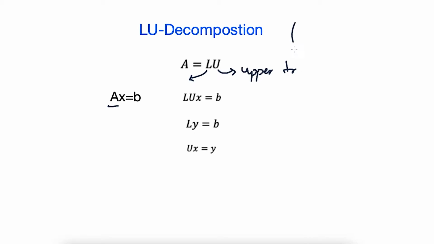So its form will be, for example, if we have a 3 by 3 matrix A, the matrix U will have 1 in the main diagonal and any values here, with zeros in this position. This is an upper triangular matrix but with a diagonal of 1, so that means we will get it from the matrix A as the row echelon form